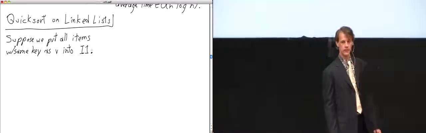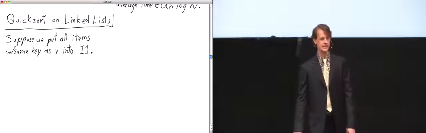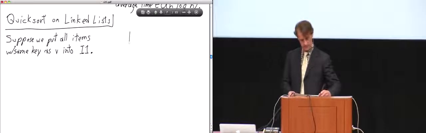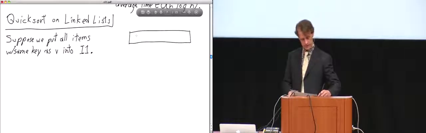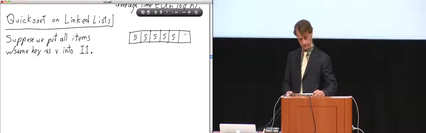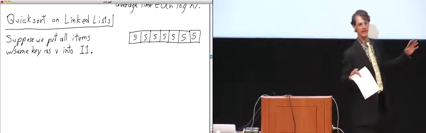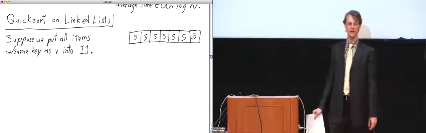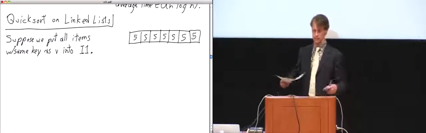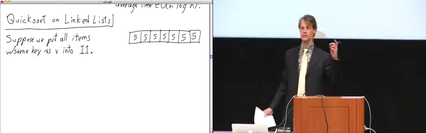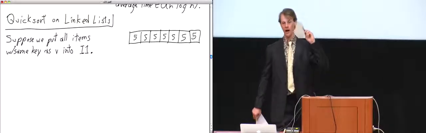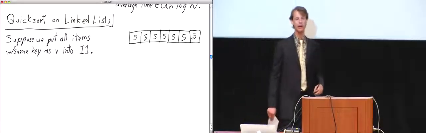Yes, it will. Will it work fast? Unfortunately, no. And here's why. One special case that you should always worry about is, does my sorting algorithm run fast if all the keys are the same? So here's an array full of 5s. Well, it's already sorted, but we don't know that. We don't know it's all 5s. We're just blindly running our sorting algorithm on that list. And maybe it's not all 5s, maybe it's just mostly 5s. But what happens if I use this rule that says all keys equal to the pivot go into I1?